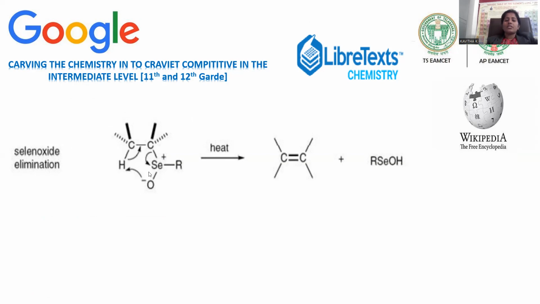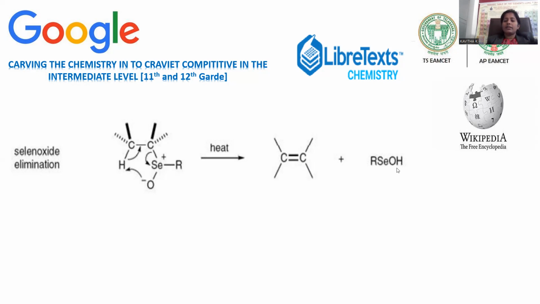This is the way a 6-member transition state you can notice, and the transition state is possible whenever you are eliminating two departing functional groups from the same side. If both are opposite, it is not at all possible to remove by transition state. Transition state is possible whenever you are removing from the same side, so we can say syn elimination. So simply two groups, one bond formation, one bond cleavage possible simultaneously, and you will get a double bond by